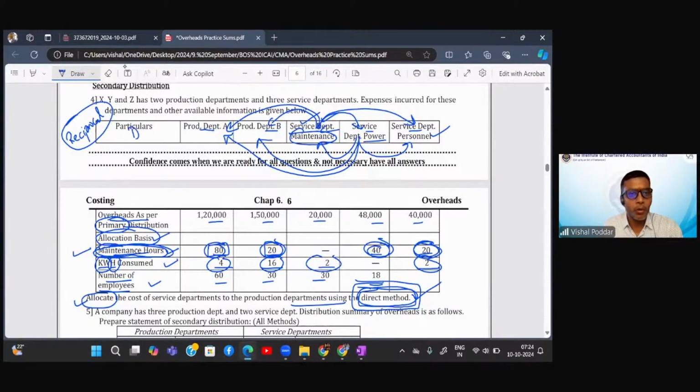The sum is of reciprocal, but they are saying don't do by reciprocal, do by direct. Is this clear? Have you understood? So now, see why I selected this sum, because if the sum would have been of reciprocal